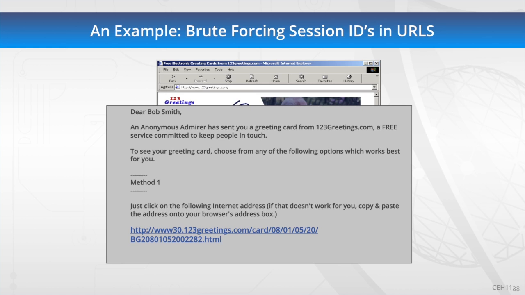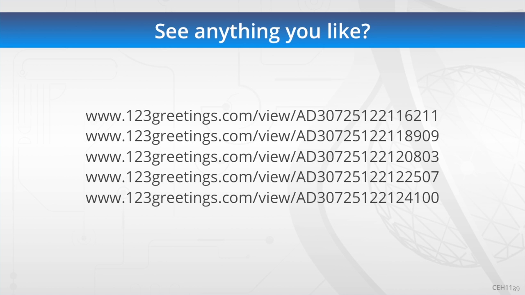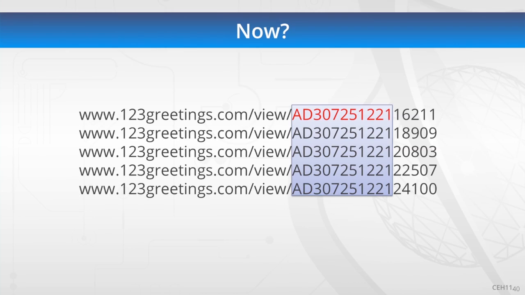Click this link. Now, that link down below is associated with a greeting card that came from somebody and is for me. So look at what we see in front of us with 123 greeting cards, or 123greetings.com. Is there anything in there that you're looking at? Remember, from a defender standpoint, we want randomness. From an attacker standpoint, we want predictableness. How about that? Notice that AD